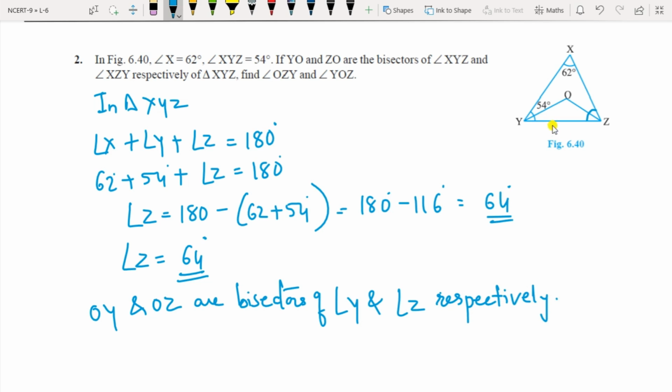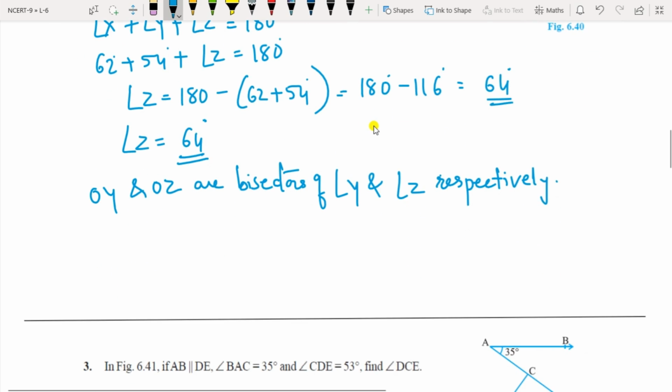Okay. So this becomes half of OY. You need to find OZY and YOZ. So this angle is required and this much angle is required in the given question. So for that,